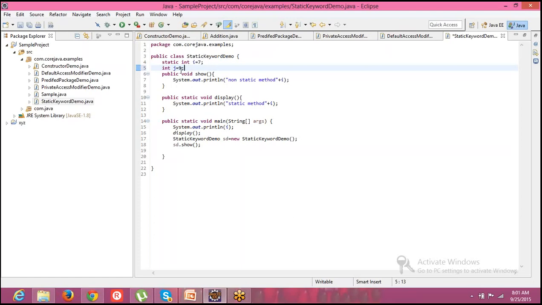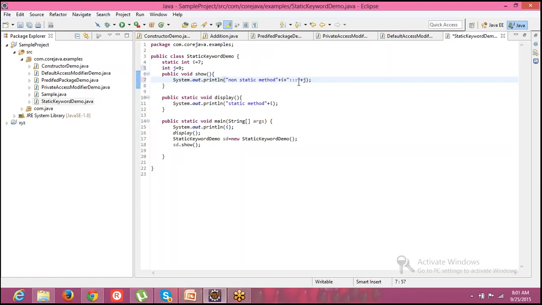Now I wanted to access this j value over here. For that, I just wanted to have some double quotes. Any confusion why I'm writing this? In double quotes, you can write anything, whatever you wish.